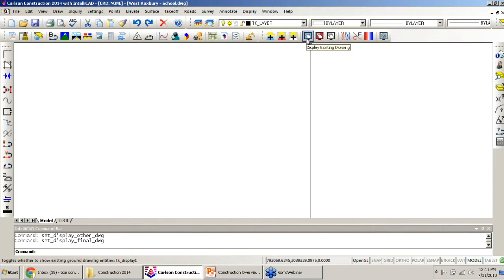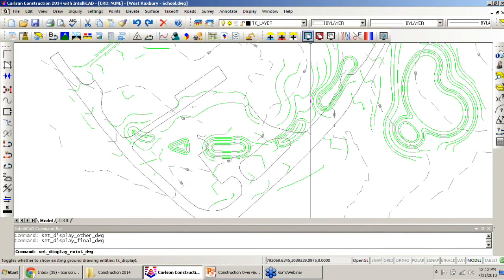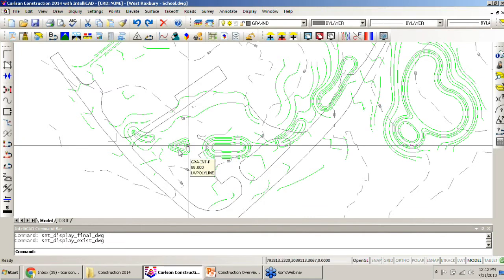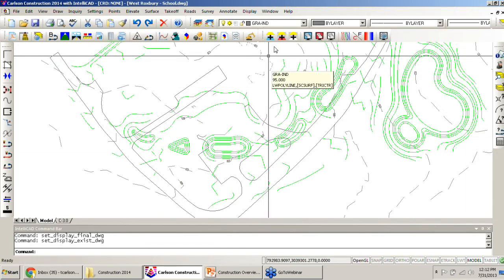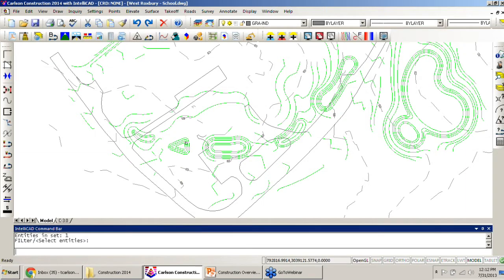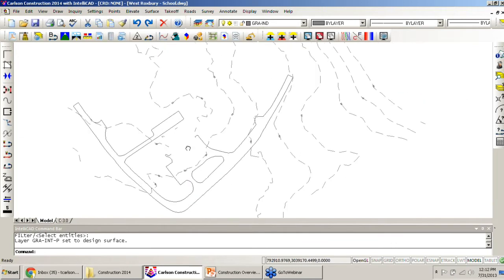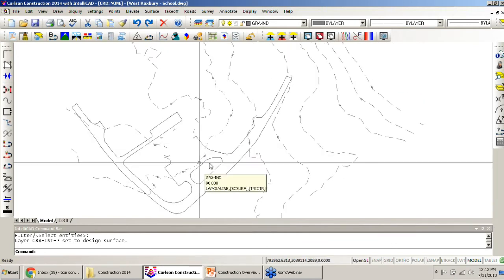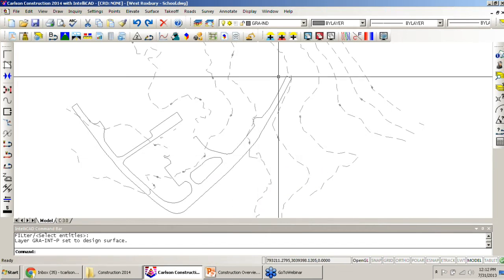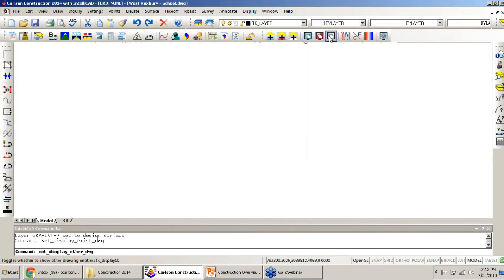I'm displaying the existing drawing now by clicking this icon. Okay. So I have some existing contours. It looks like I picked on the wrong layer. This should be on the design. I'm going to move that to the design. Okay. So I can see I have the existing road that's going in here and some contours. Let's grab the rest of the